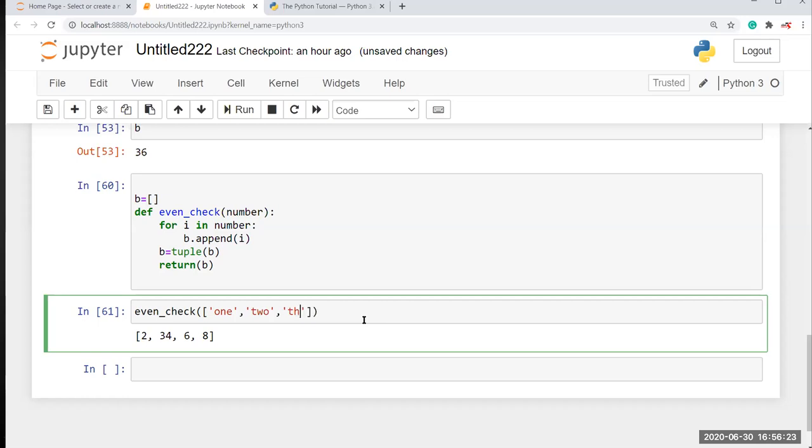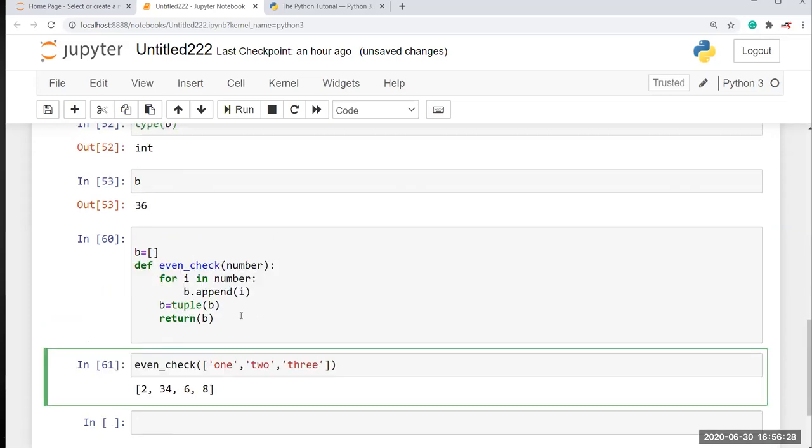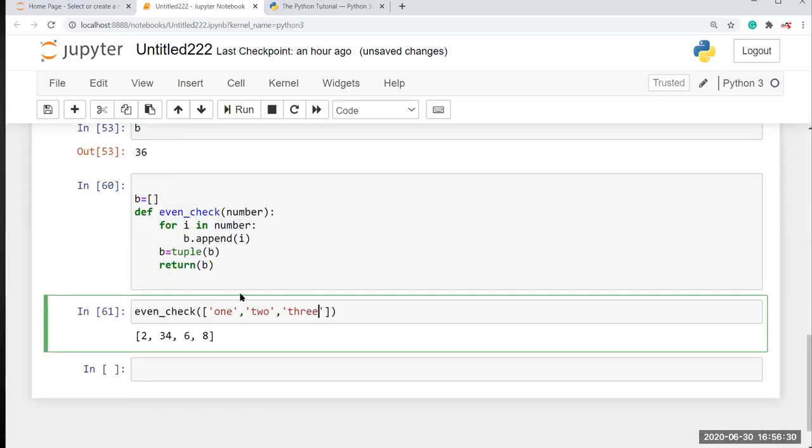I'm going to pass this here. You can see each string element will be appended to the B.